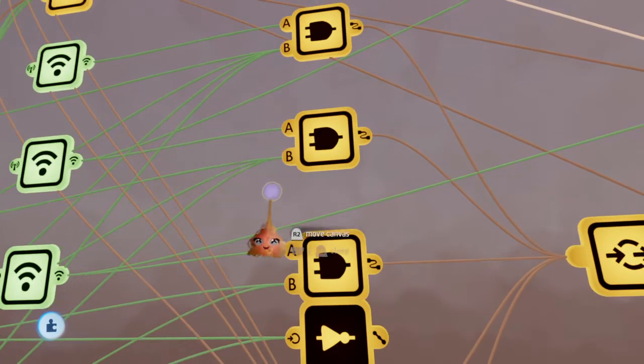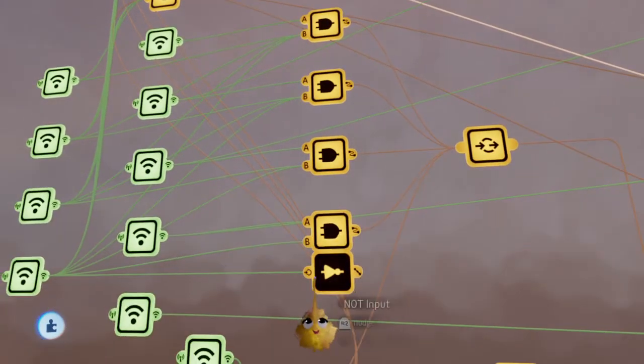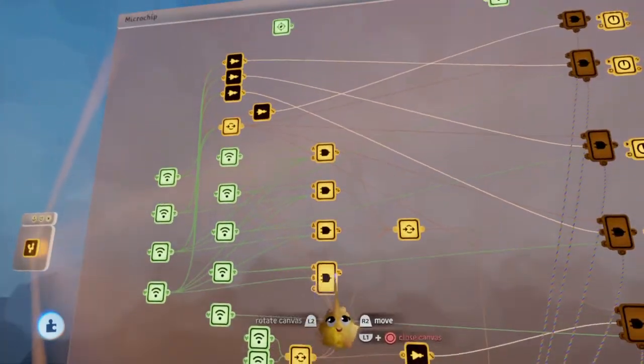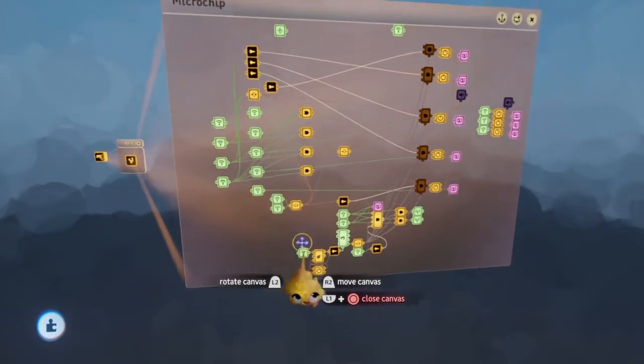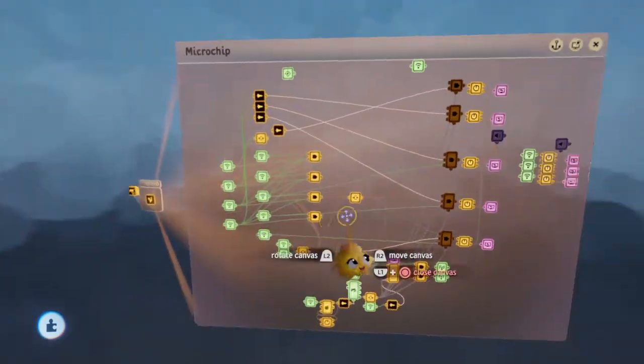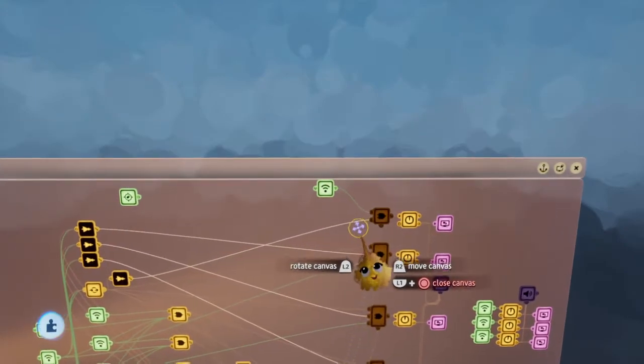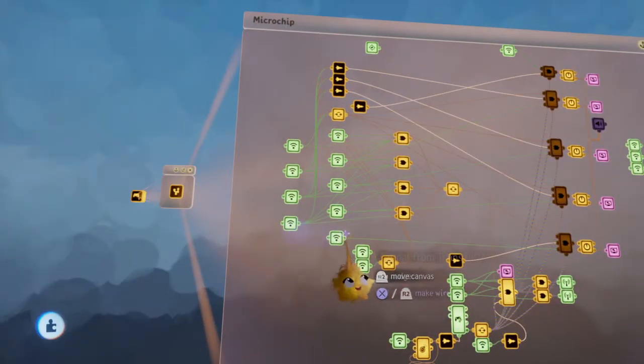This not gate doesn't have a use either. Are there? Okay, there we go. That's simpler now. Yeah. So hopefully that clears things up, and hopefully you guys like this because I'm really excited